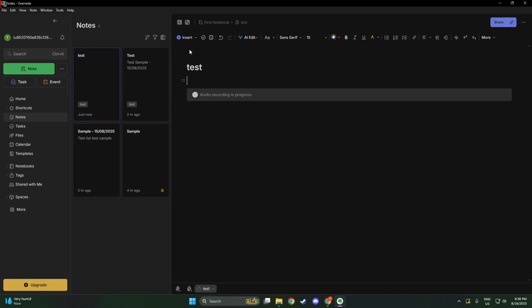Evernote for transcriptions. To get started, you'll first need to open the Evernote app on your device. If you already have a note that you're working with, you can open that up. Otherwise, it's simple to create a new note. Just click on the New Note button, and you'll have a fresh canvas ready to go. Within this note, you'll have the option to add various types of content, including the audio, video, or image file